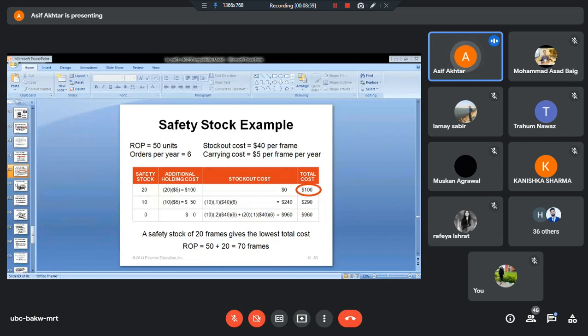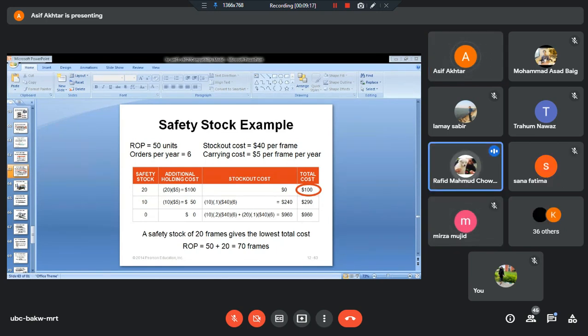So what is the final ROP? I'm again repeating that small d into capital L is given to you as 50 and safety stock is 20 units. So what is the final ROP that we have to place here? कितना होना चाहिए ROP? 70 sir. 70. बिल्कुल ठीक. 70, 50 plus 20. So the 20 is the extra that we need to carry, which is the safety stock. And the ROP calculated by small d into capital L is already given as 50. 50 plus 20, 70. That is the final ROP, that is, place our order when the inventory level reduces to 70 units.